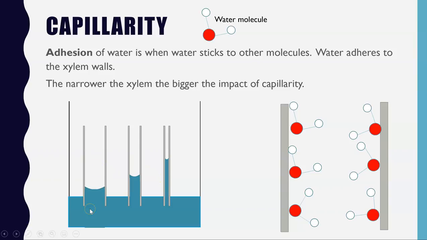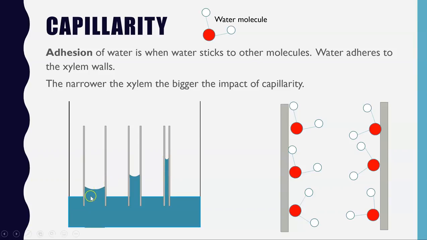And when you put a straw into water, the liquid does move up. It doesn't just stop here where the straw starts. It does move up. And that's because when you put the straw into the water, adhesion is happening. The water molecules are sticking to the walls of the straw. And this one over on the right, the most narrow tube, more water is in contact with the walls of the straw. So therefore more of it can stick and actually moves further up the straw without you even sucking or drinking